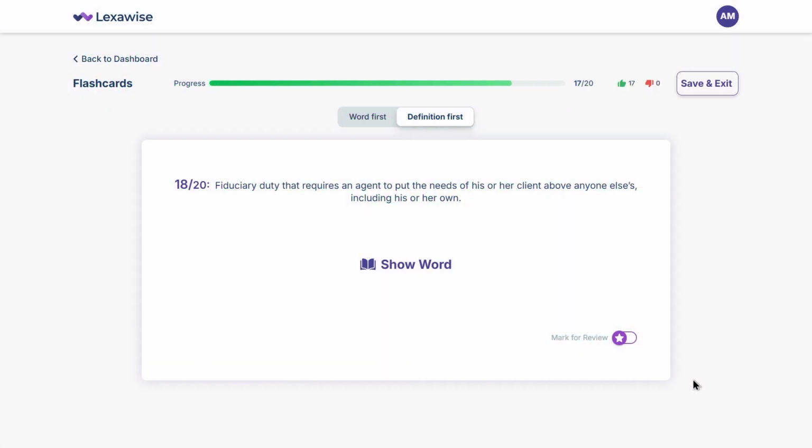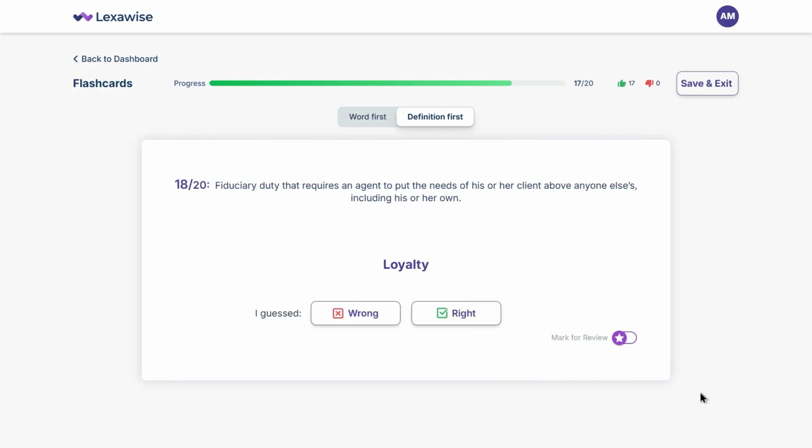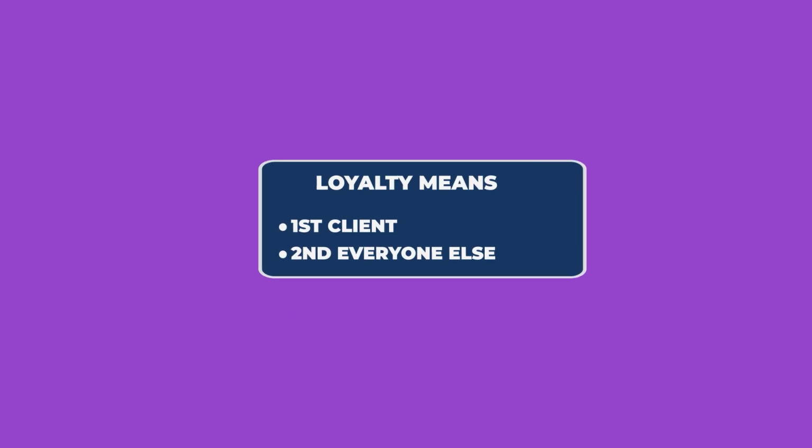This is the cornerstone of fiduciary duty. Fiduciary duty that requires an agent to put the needs of their client above anyone else's, including their own. What's the fiduciary duty that puts the client first? The term is loyalty. Loyalty means your client comes first, before your commission, before the other party, before your own